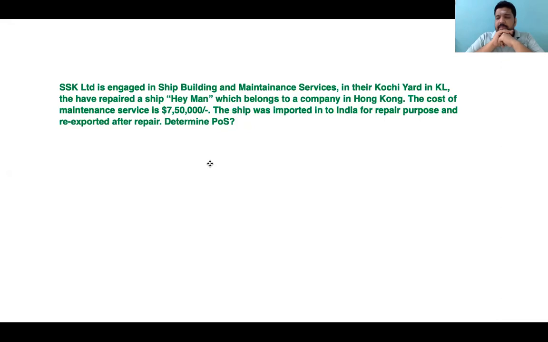What is going to be the place of supply? Quick, quick. How are we going to proceed on this? How are we going to decide? No doubt, ship and all is goods. Be very clear on that. Ship is a goods. Place of supply will be